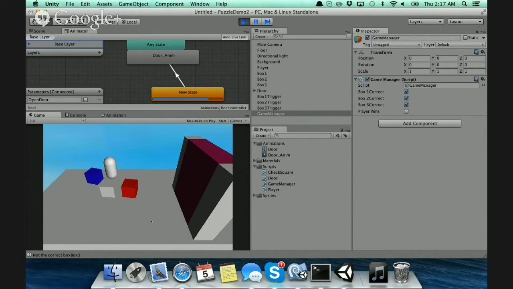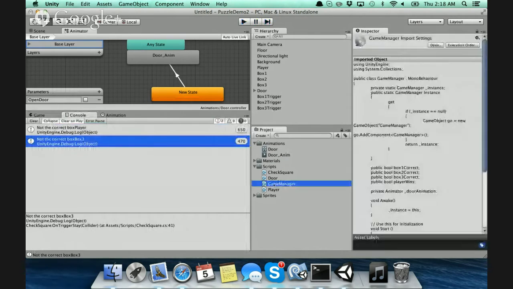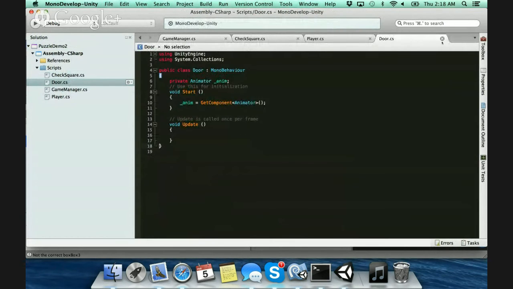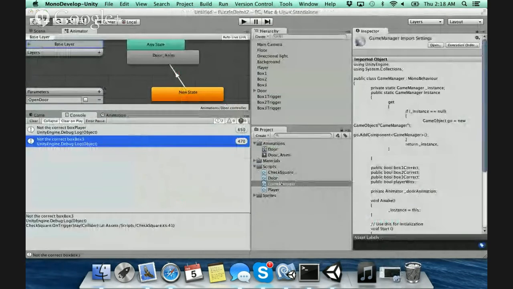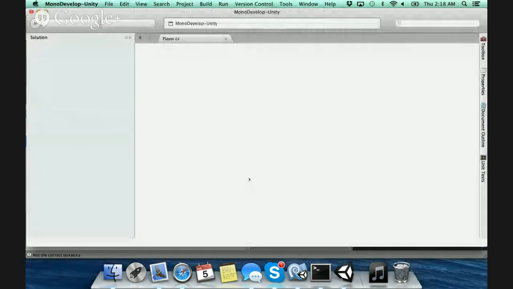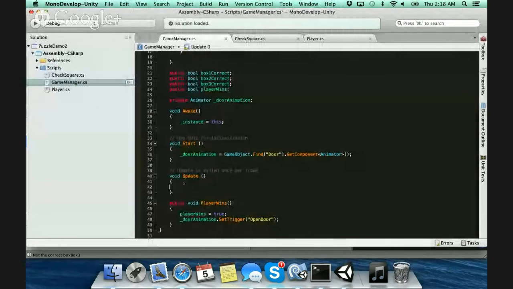Okay, box 3 correct. So what's going to happen now is I don't think I ever called the function player wins, did I? No, I didn't. I never called public void player wins. So what I need to do now is call that from somewhere. So somewhere I need an update. There's no avoiding the update method right now. I tried to avoid it, but it looks like I might not be able to. Game manager, we can have the game manager check it. So in game manager, the only thing in his update is going to be